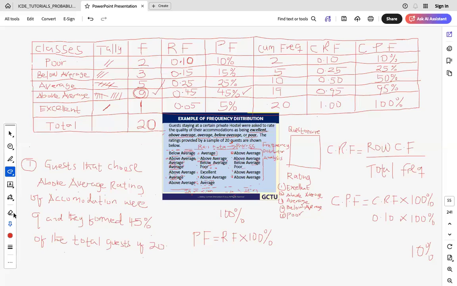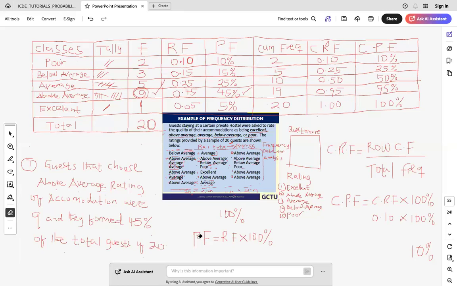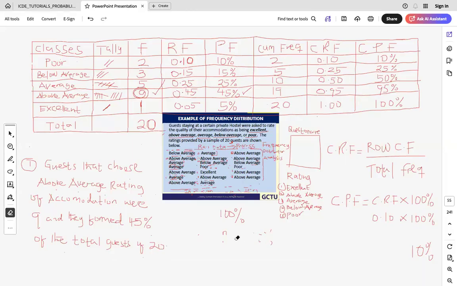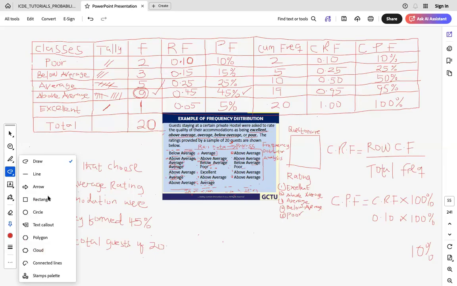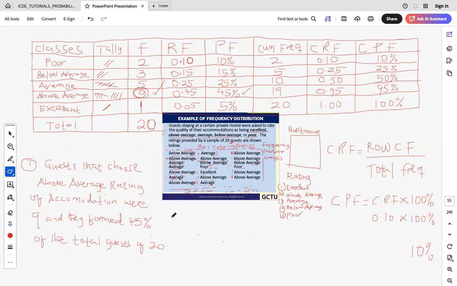Information number 2 that we can write from this. In fact, we can write as many as 20 different pieces of information on this. But because of time, I'll just do a few, and then that will serve as a guide for you to be writing the other information. So information number 2, we are still on this one because that's where our interest is, the same place. Information number 2, we can say that